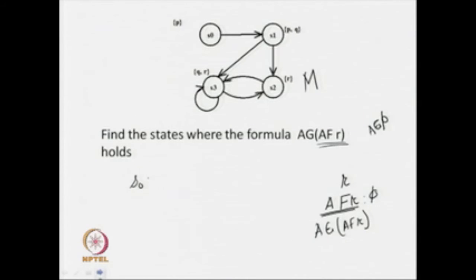So, now you can say that in state S0 AFR is true, in state S1 AFR is true, in state S2 AFR is true, in state S3 AFR is true. Now, it says that in all paths, globally, AFR is true. From S0, if you go in all possible directions, you will find that AFR is true. So, we can say that in S0, in all paths globally,